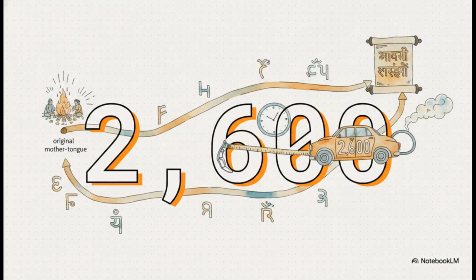So the crucial point is this number right here, 2,600 years. If we take our ridiculously generous starting date of 4,500 BCE and subtract that incredibly generous ending date of 1900 BCE, we get 2,600 years. This is it. This is the absolute maximum ceiling the framework can possibly produce. Think of this as the total amount of gas in our car for this evolutionary journey. Every single thing that happens between the original mother tongue and Old Sanskrit has to fit inside this 2,600-year window.